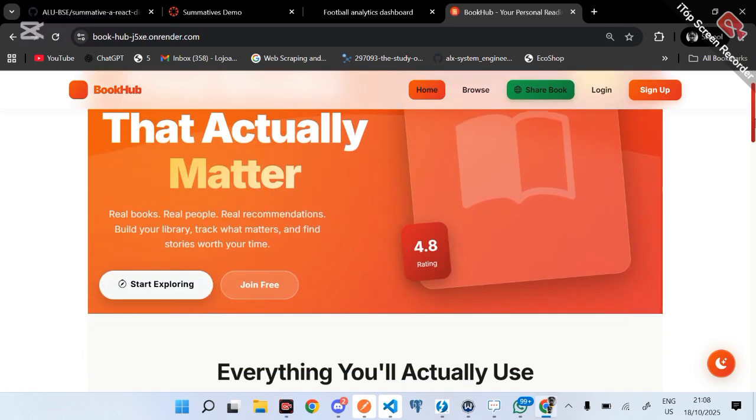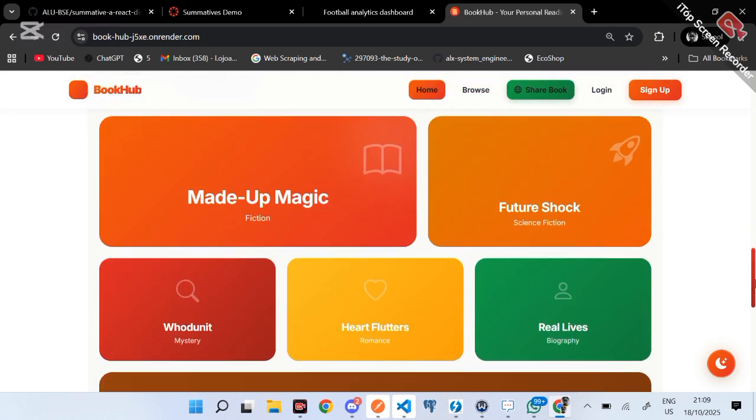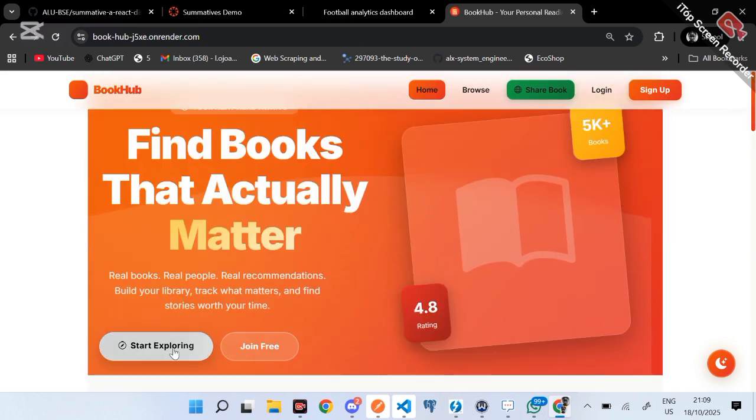So once you enter the website, this is the landing page. This is the home page. So you see all of this. Then the next thing is, you can start exploring. Once you click on exploring, it's going to take you to